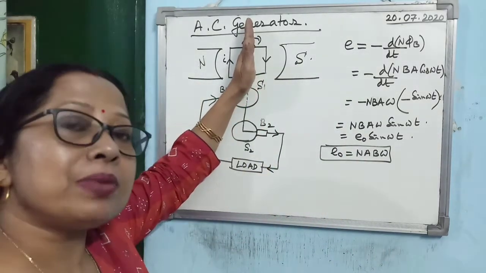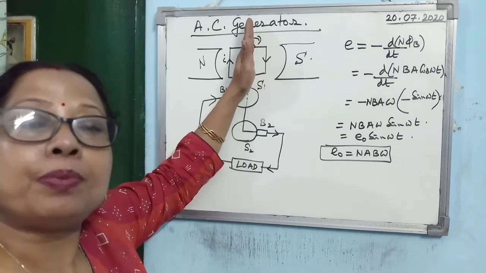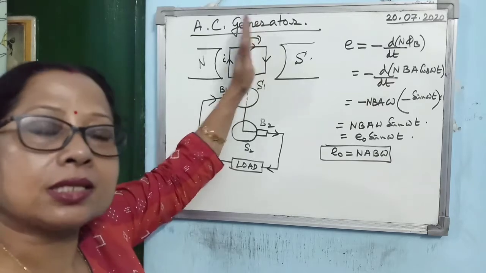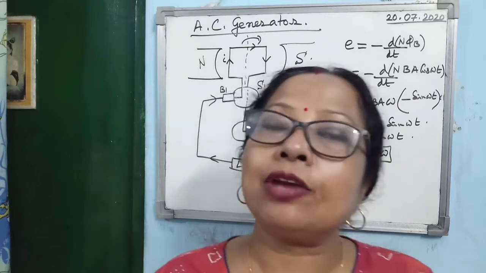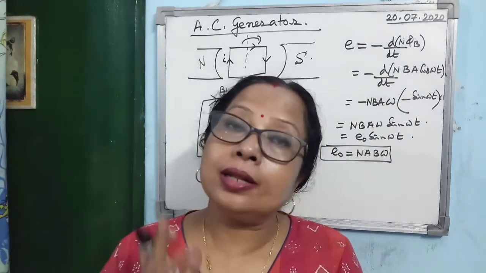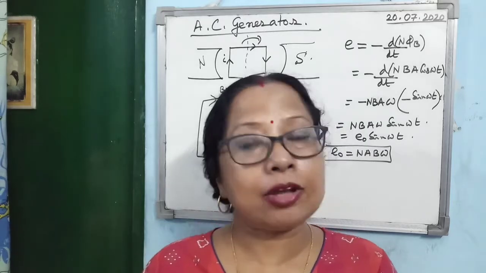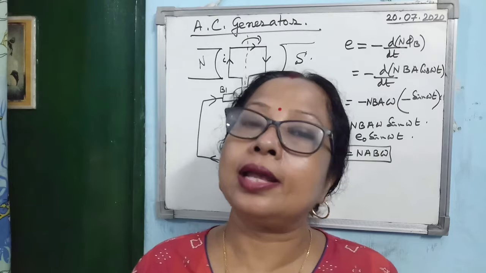But just look at the orientation of the coil. Then the maximum number of lines of force are crossing the area of the coil perpendicularly. So what comment can you make? That the magnetic flux linked with the coil is maximum. So when the plane of the coil is perpendicular to the direction of the magnetic field, the magnetic flux is maximum, and at that position the EMF induced in the coil is 0.